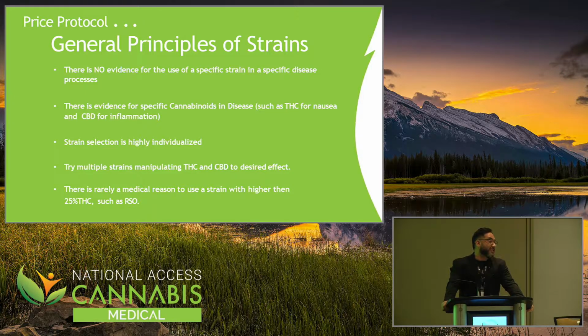It's one of the major reasons why the protocol doesn't use a THC greater than 25%. Because there's really rarely in my mind anything that needs more than 250 milligrams per gram of THC for a medical reason. The reason why I like using 25% THC as a strain is because it breaks down very nicely into 4 good doses of 25 milligrams, right? So it breaks down very simply when you're loading a vaporizer. And I'll tell you why.